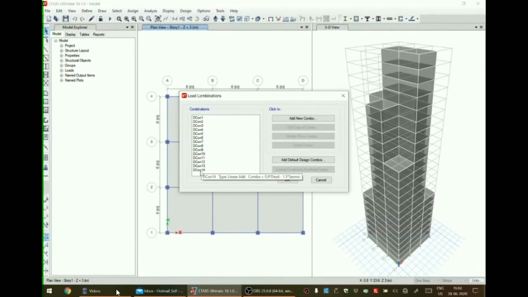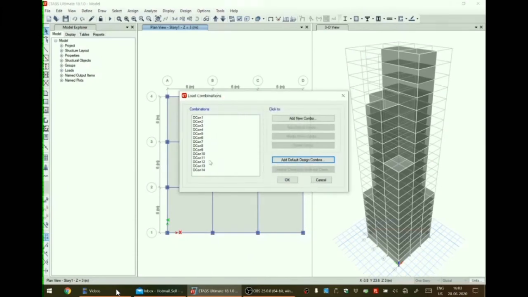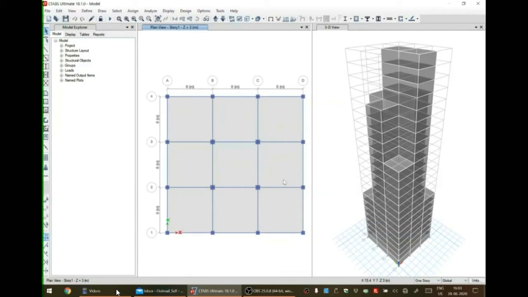If they are not there, you have to take add default design combination and consider concrete frame design and then click on OK. But in this case, all the combinations are already there, so we don't have to do anything else. The load is already applied over the structure, assigned to the structure. So we are done here. Let us click on save.